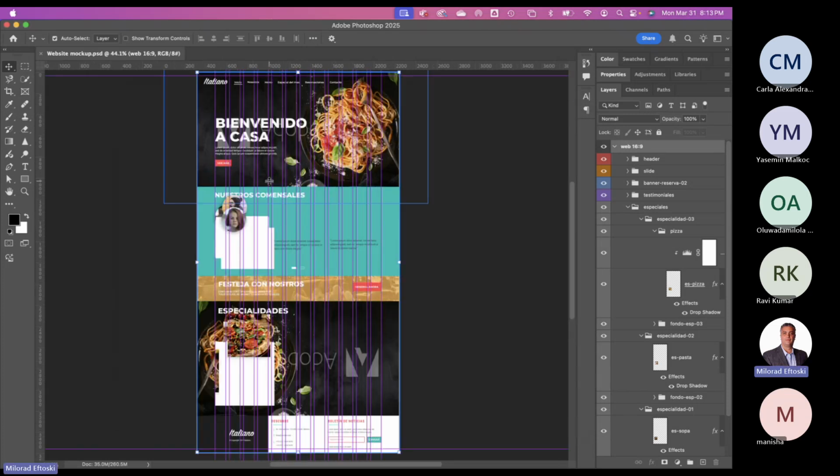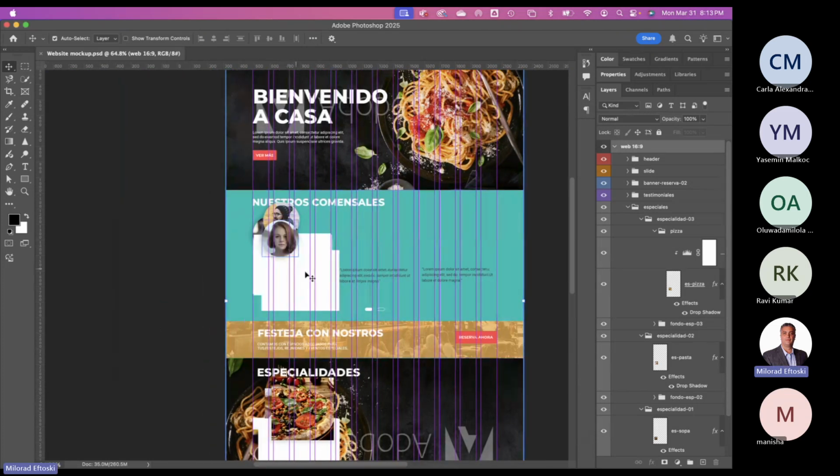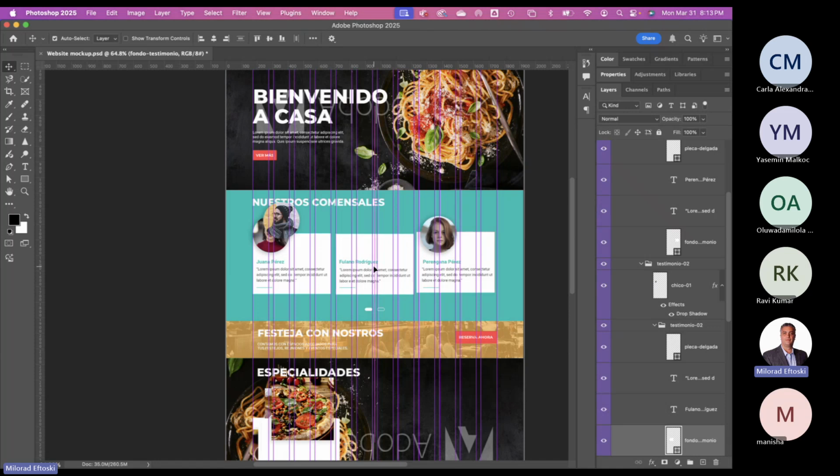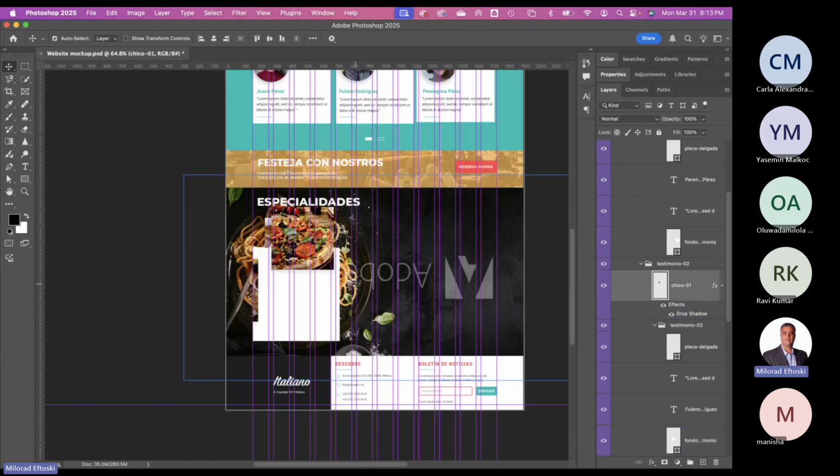Another 12-column example. With this one, you can play around with it and put this all together. As you can see, this is more like a real website. You can see how it's built, right? And you can see here,